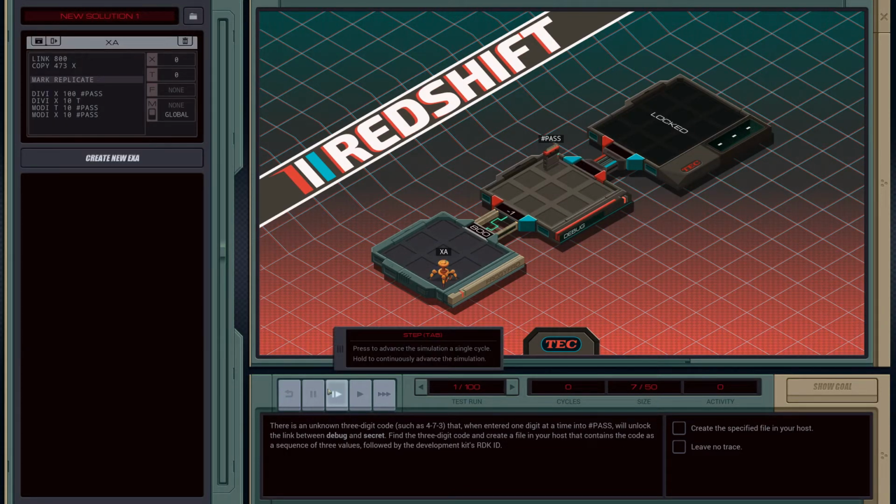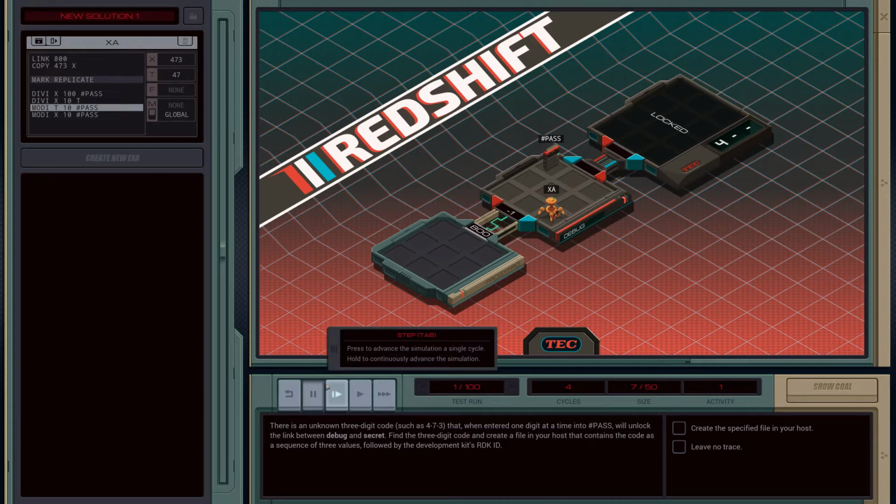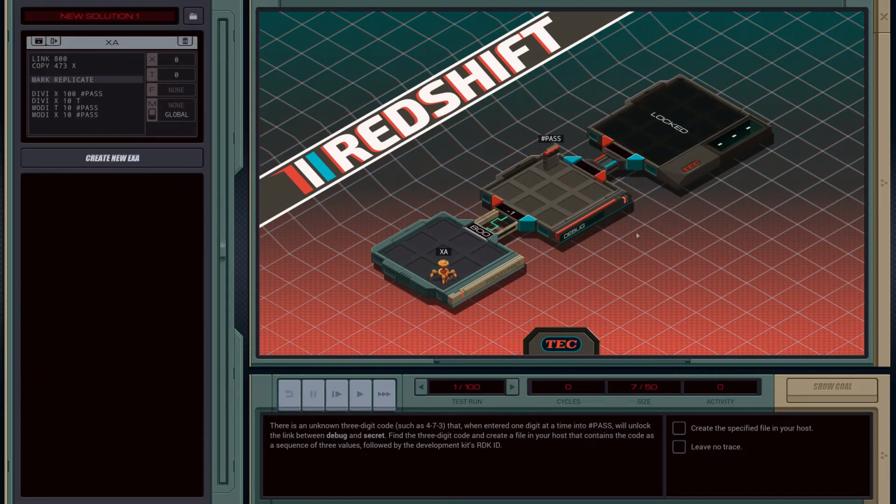Okay, so let's check. I'm gonna step and walk through the code, right? So now it'll divide X by 100 and write that to pass. So he's gonna write the number 4 to pass. You can see the 4 pops up there. Now he's gonna divide X by 10 and write it to T, and then he's gonna write 47 mod 10, so it'll be 7, and then he'll write 473 mod 10, which will be 3. So he's tried. He wrote it, and it looked like that number worked for the first test case, unsurprisingly. Cool. If that case didn't work,